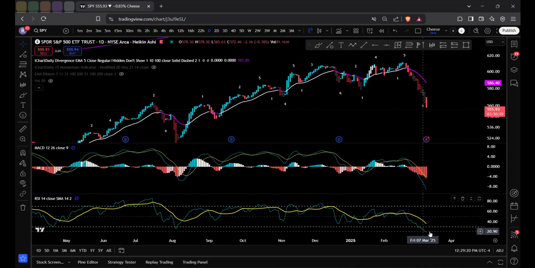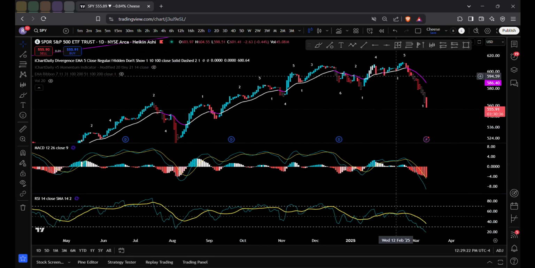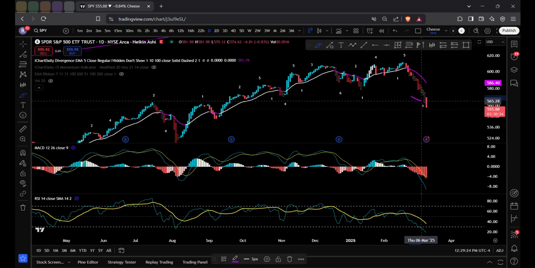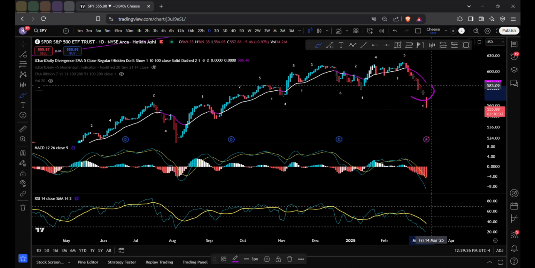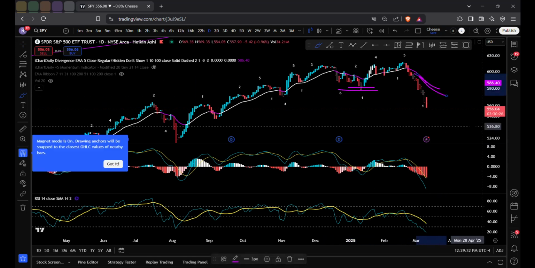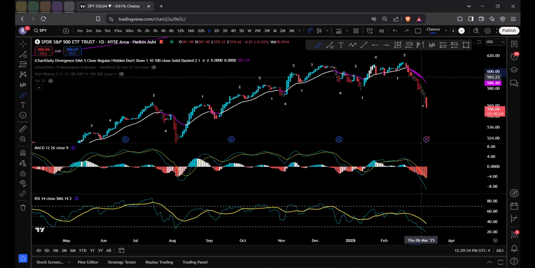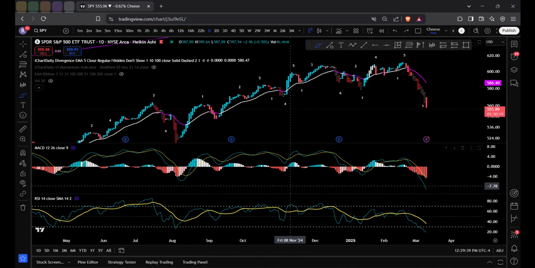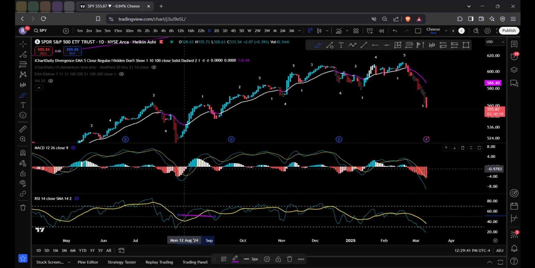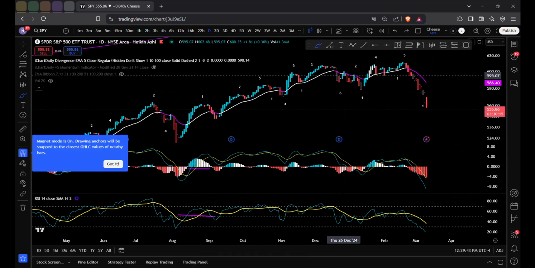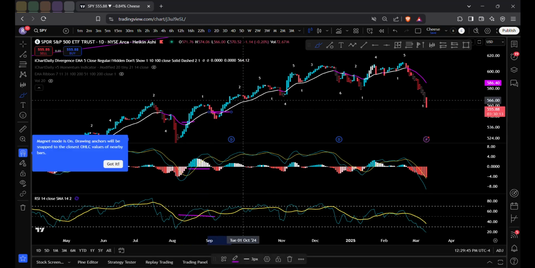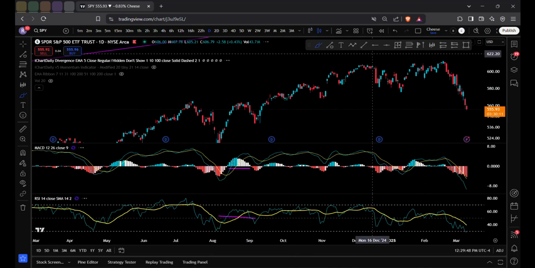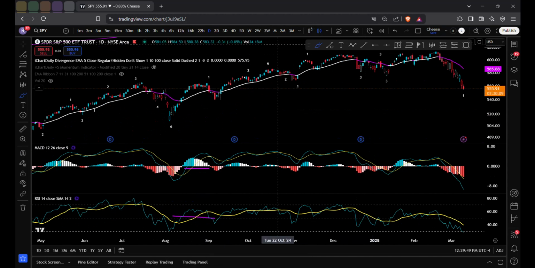The most important thing is, does it come back up and see rejection by the 50, which means it comes back up and sees rejection by your 578 to 583 level, which would line up with the bottom of these candles here and your purple moving average. When your moving average is purple, you have a very high probability of seeing rejection unless you break above, and then you have bullish momentum, and then you're off to the races. But the first level is always the moving average. That is the video. As of right now, I am not doing anything.